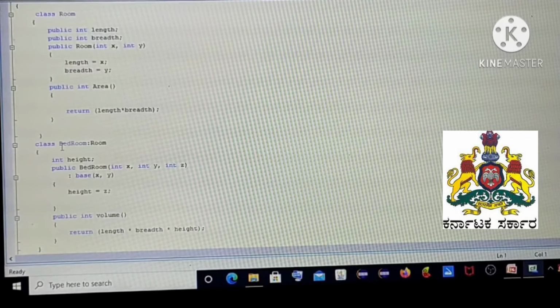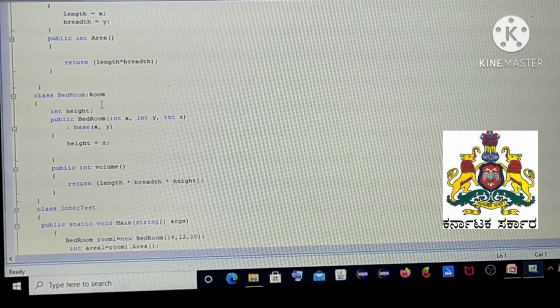Next, there is a subclass called bedroom, and we are inheriting the features of the room class into the bedroom class. Now the bedroom class contains height as its own feature.